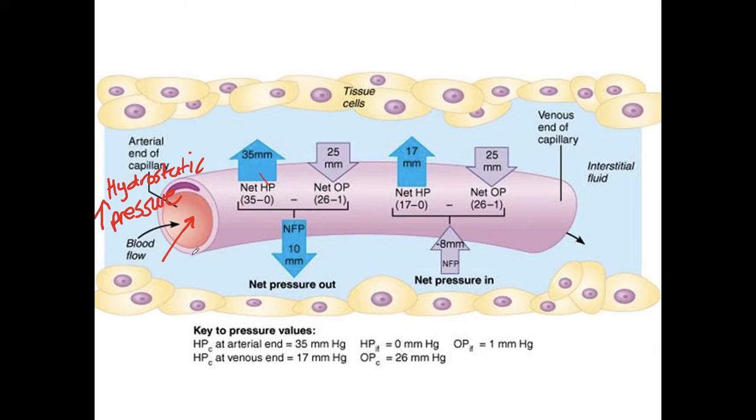Why are we at high pressure at the arterial end? Well, the blood has come via the arterioles and arteries from the heart, the left-hand side of the heart, which, if we talk about the rest of the body, has thick muscular walls of the left ventricle. When they contract, they cause a huge amount of force and therefore cause the blood to be under high hydrostatic pressure. You've also got to think about what we did last lesson, and the structure of the arteries and arterioles